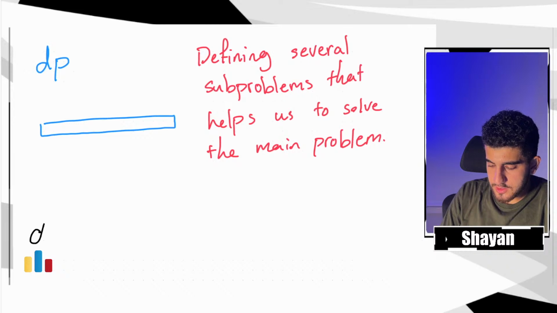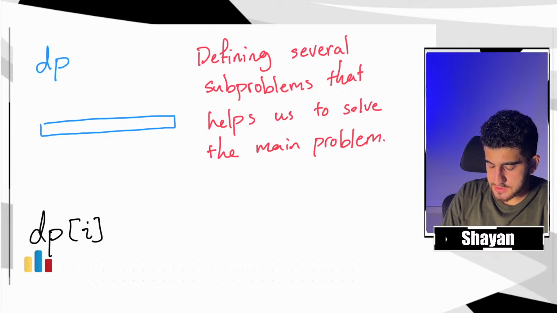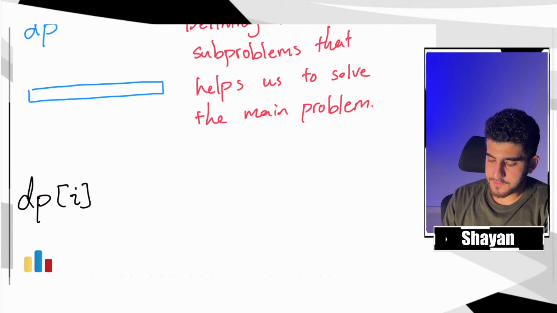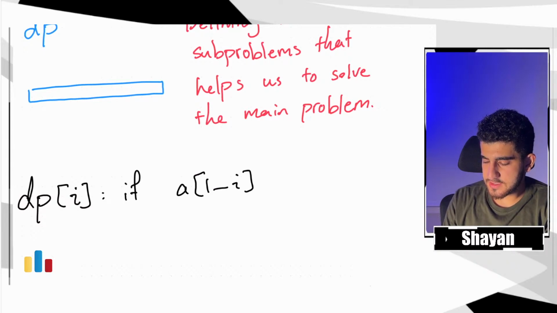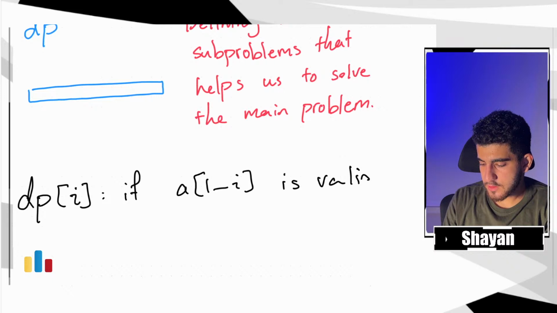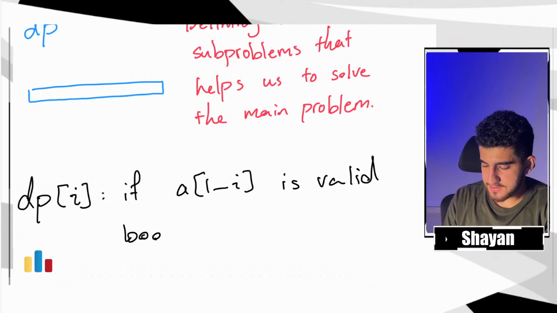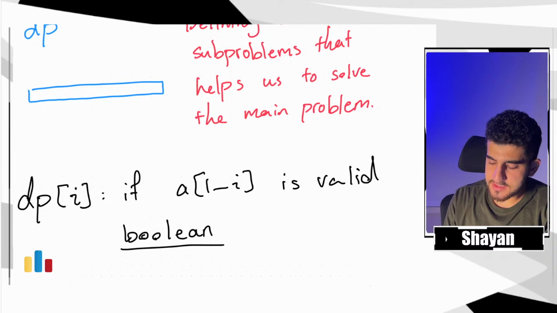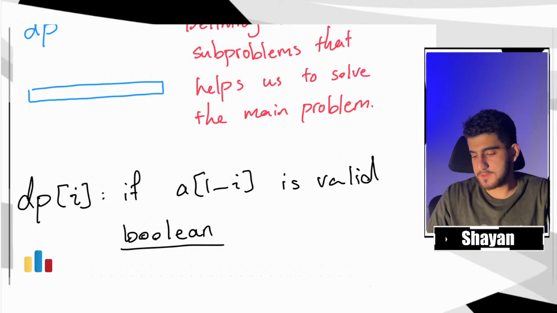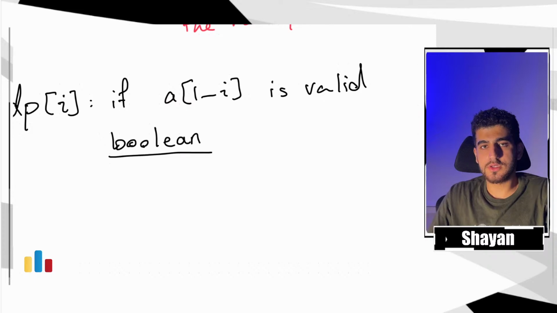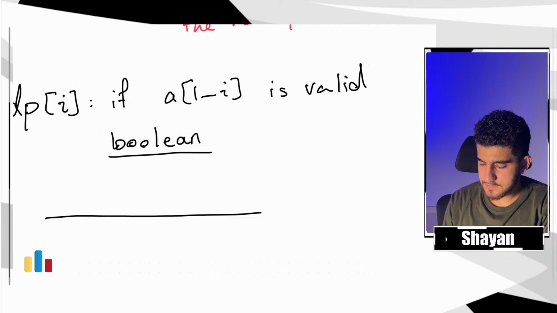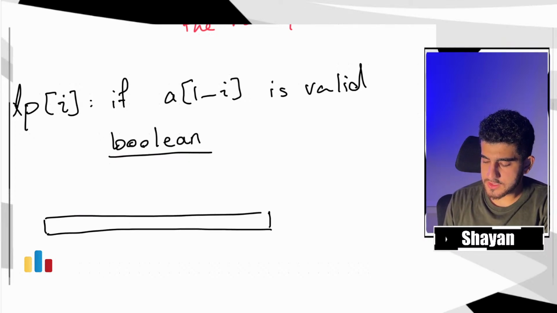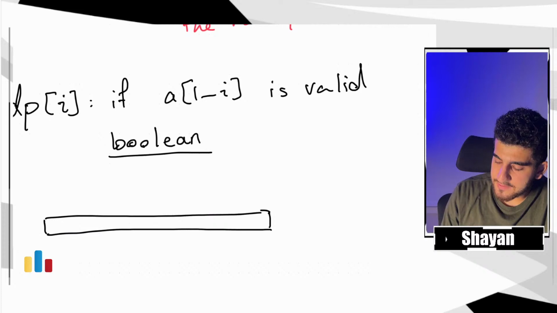So DP of I states that if the sequence from the beginning to the element number I is valid. So it is a Boolean array. It is Boolean, and it says that it is valid till index I or it is not valid. The point in here is that when we want to find out if DP of I is valid, there are two possibilities. I mean, we have some